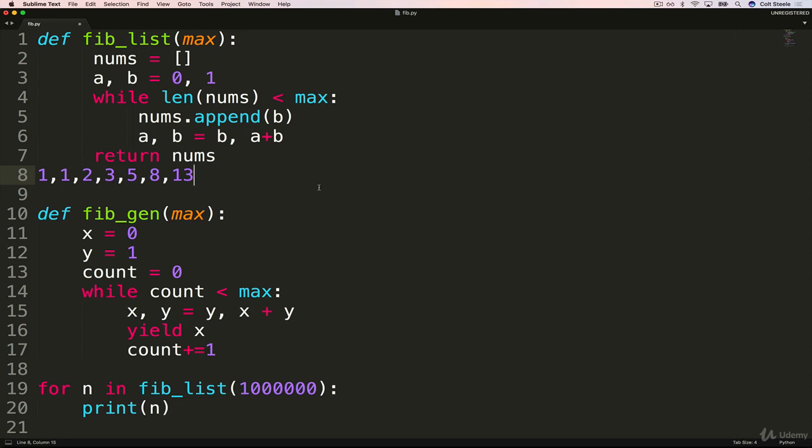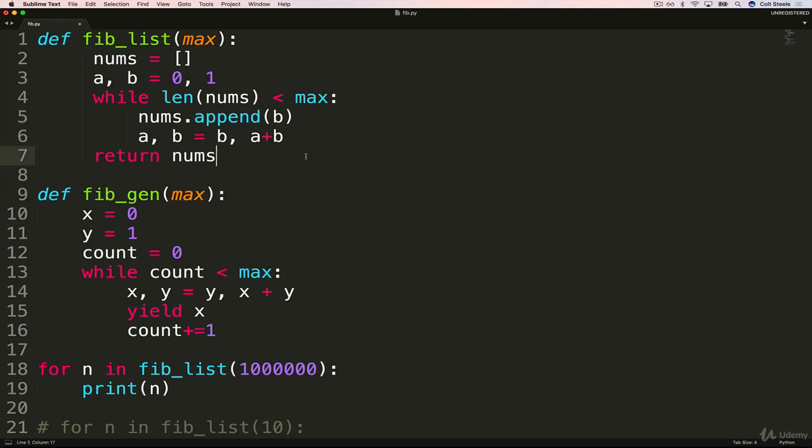To keep calculating them, we could use a regular old function. Let's say I want to generate the first 1 million. Count my zeros. Yeah, this is a million. I want to get the first 1 million without using a generator or any iterator. Using just a regular function, I would need to put them in a list.